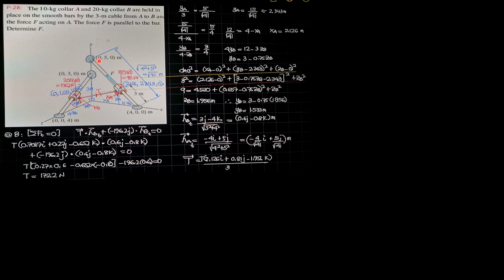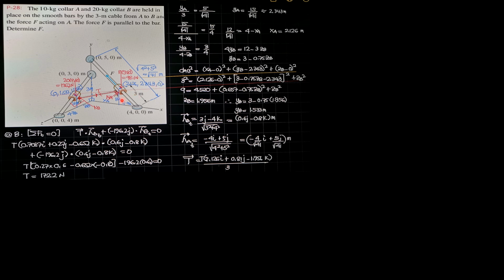So for the solution, take note, we have right triangles here. This is a right triangle. This is also a right triangle. For this right triangle, this length Z is 4 meters, 3 meters because of that 0, 3, 0. For this right triangle, this is 4 meters, 4 meters for X, then this is 5 meters for Y. Therefore, the length of this bar is square root of 4 squared plus 5 squared by Pythagoras theorem. So it is square root of 41 meters.